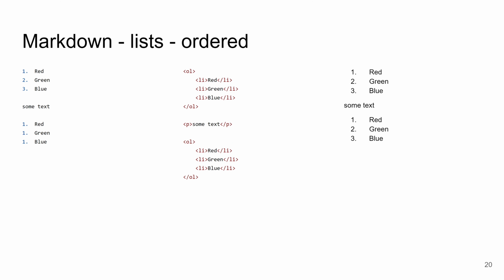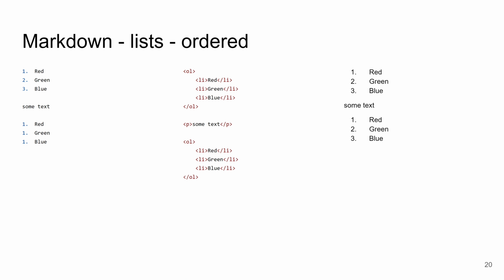With the ordered list, it is similar. So as you would write an ordered list in plain text, 1, 2, 3, with a dot and a space after it, and that's it. The interesting thing with ordered or numbered lists is when you want to edit them and add an item to the middle. So for instance, we have red, green, and blue, and if I want to insert, let's say, violet as the third item, and blue will become the 4th item. In HTML, how it worked was that you just added a list item and the rendered list was renumbered, right? If you use this notation in Markdown, the renumbering is up to you because it looks like a